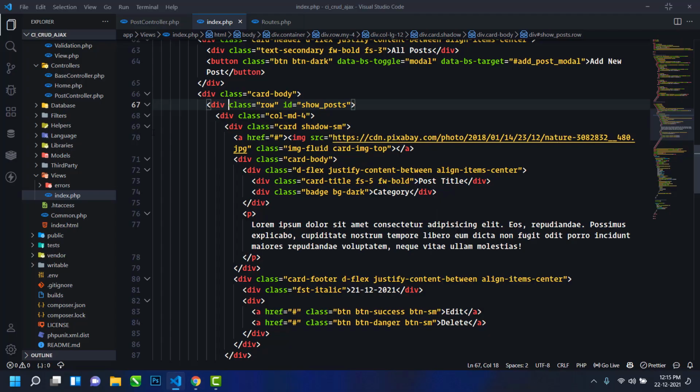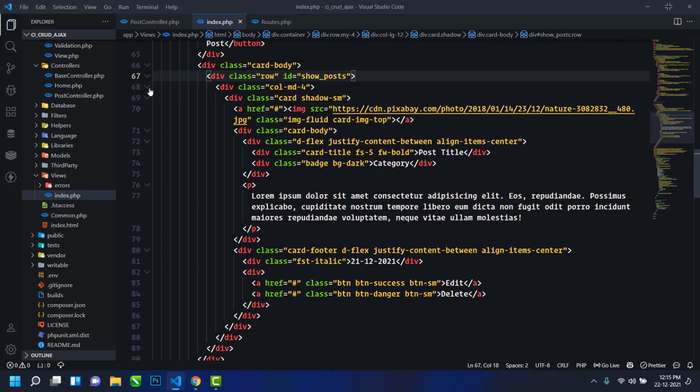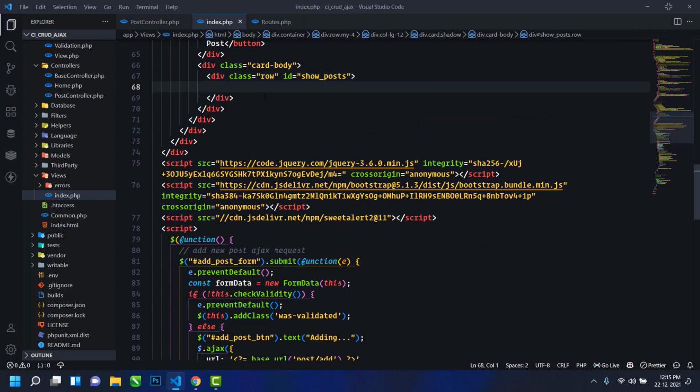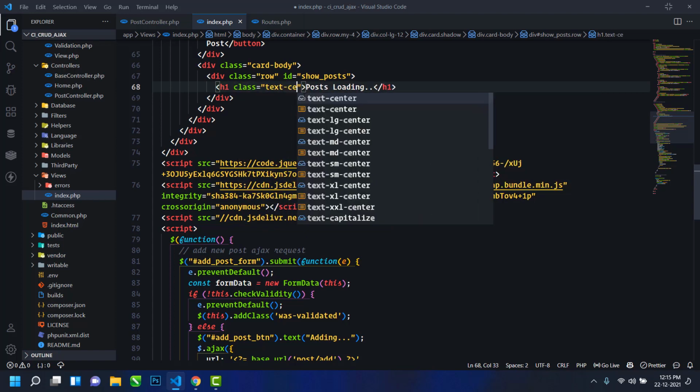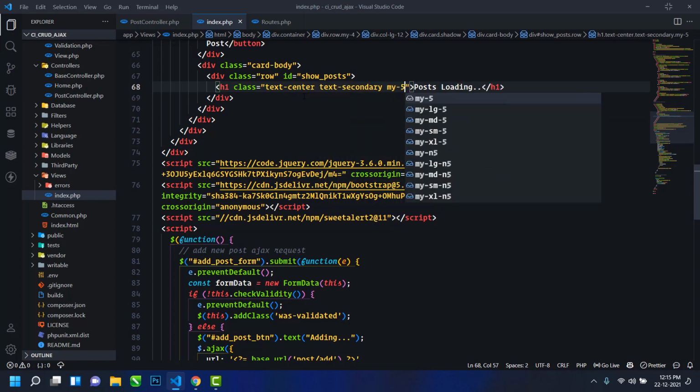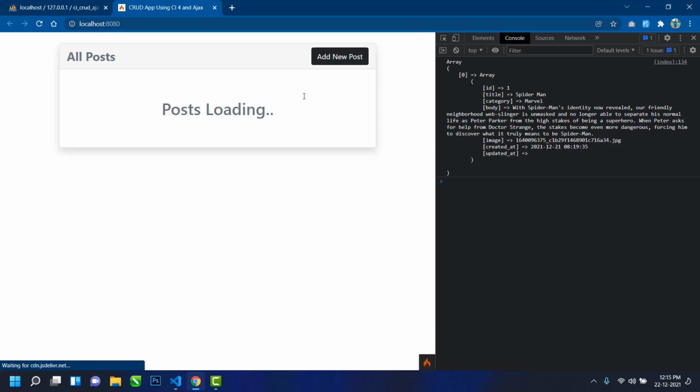So what I will do here is cut this column code from here, and for now I will just display a message, posts loading, and use some Bootstrap classes: text-center, text-secondary and margin top and bottom 5. If you save this and go to the browser and refresh, then you can see the posts loading text.